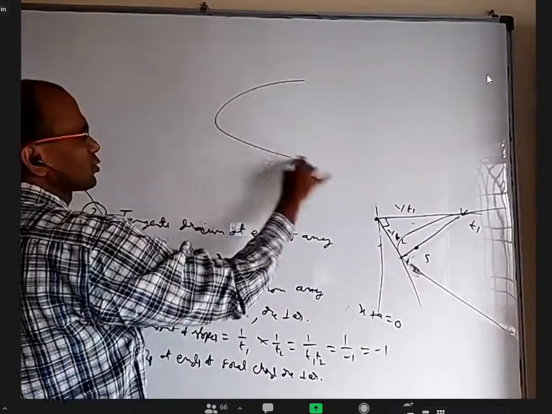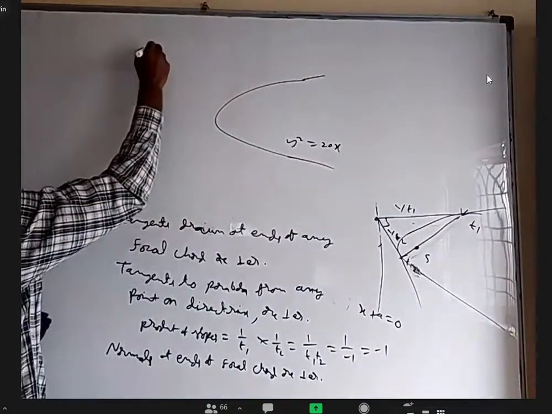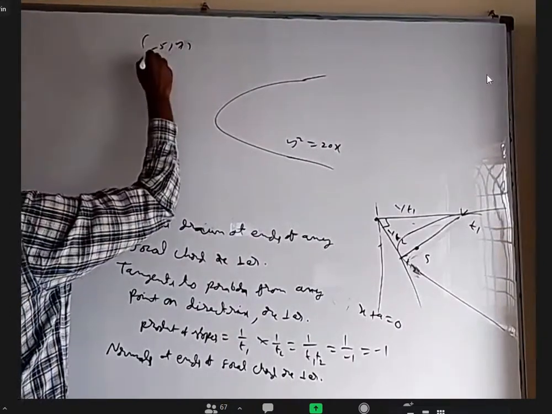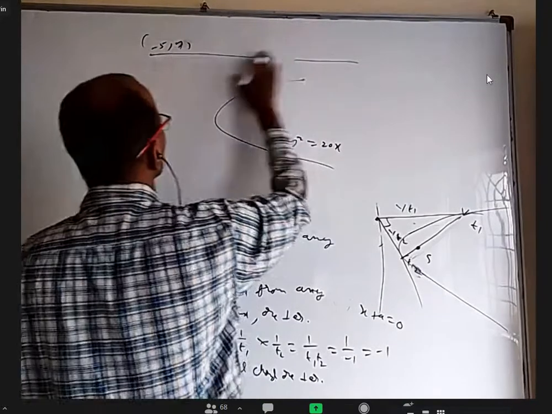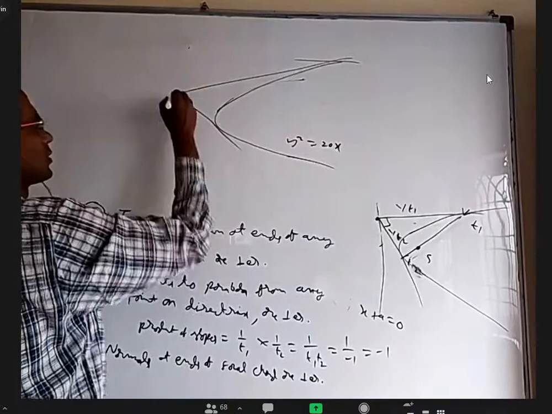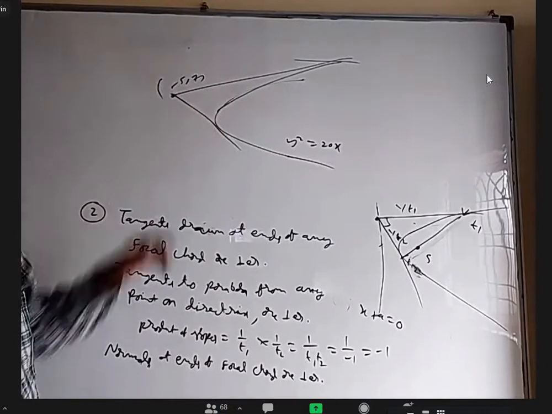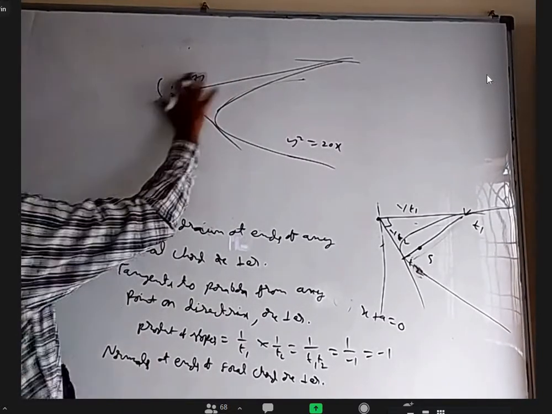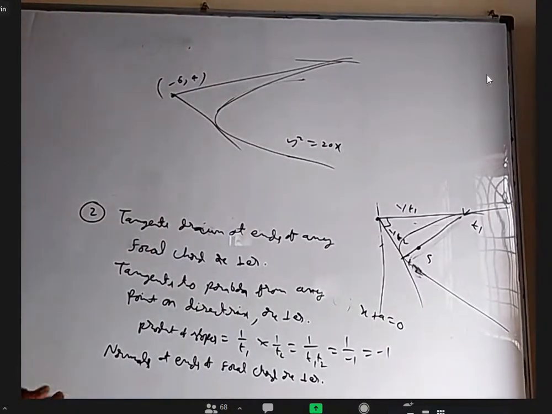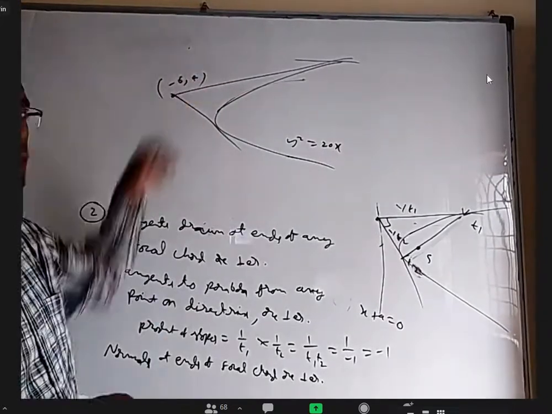Okay, let me ask a different question. If I take y square equal to 20x and I give a point outside, say -5 comma 7, from this point I can draw two tangents to the parabola. These are the two tangents. This is -5 comma 7. Anybody want to give an idea how to find this slope and this slope? Not -5, let us say -6 comma 4, some random point. From an external point two tangents can be drawn. How to find slopes of these two tangents? Anybody?